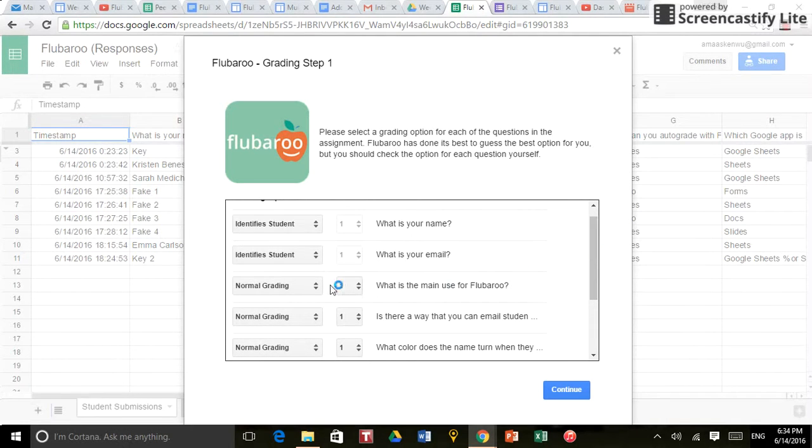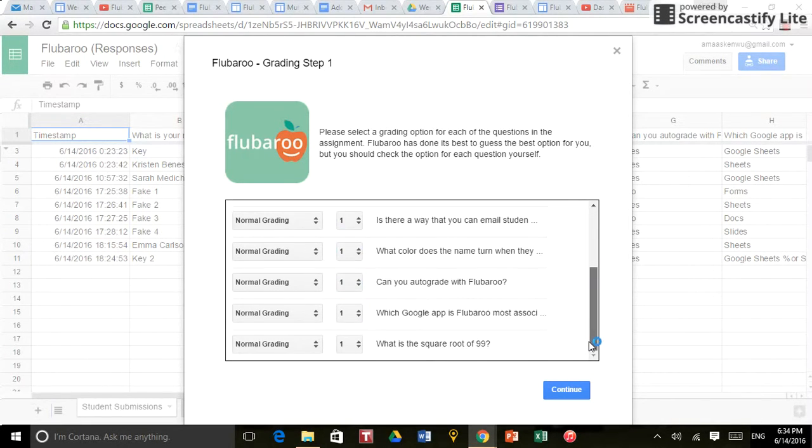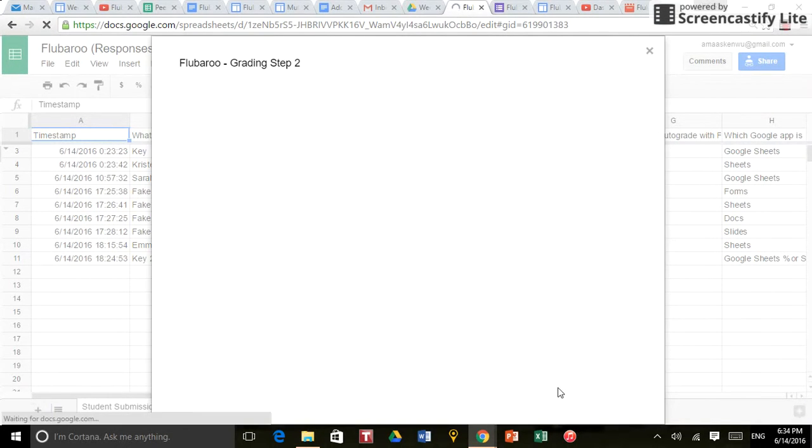questions. Now, for the other questions, we can select skip grading, or we can do normal grading where Flubaroo grades it automatically based on your key, or you can grade by hand. And here we can select the amount of points that each question is worth from 1 to 10. So once you have figured out your settings, you can hit continue to move on to step 2, and that